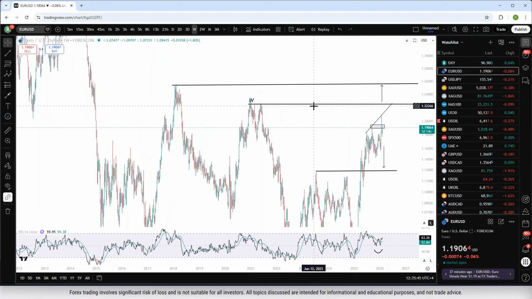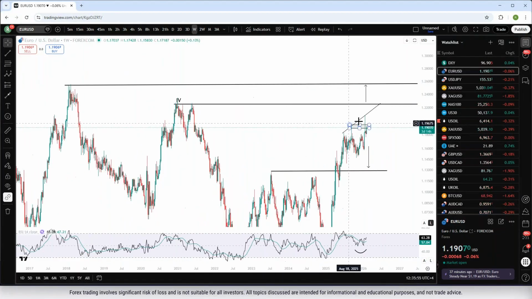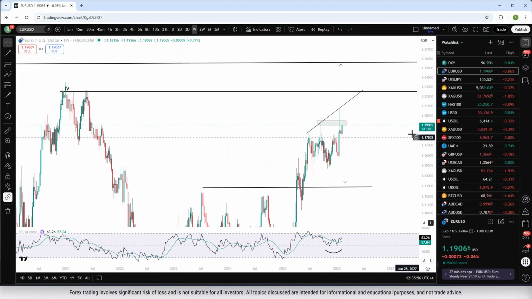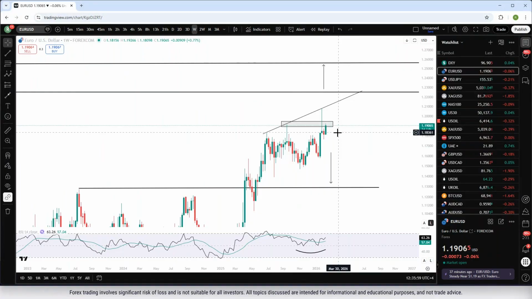and a clean hold above this level is expected to extend gains all the way towards the 125 level, which aligns with the previous high last seen in 2018. So this is the upside potential for the euro dollar, and the downside potential remains constrained between the 117 to the 116 marks, or the 115.80, which can open the way towards lows last seen across 2024 and 2023, which is near the 113 to the 112 mark for potential dip buying